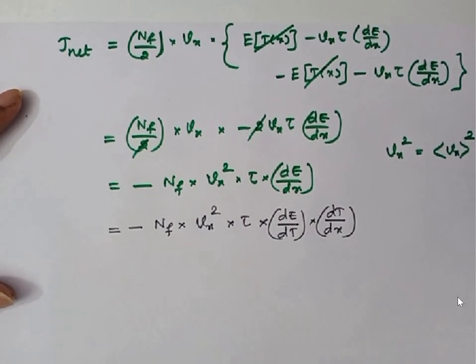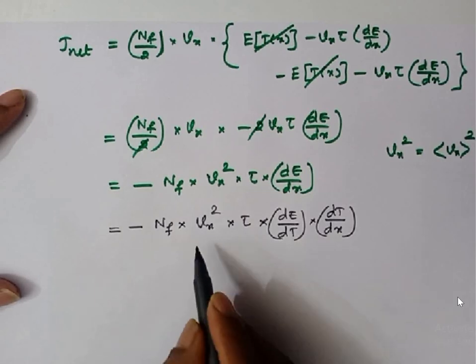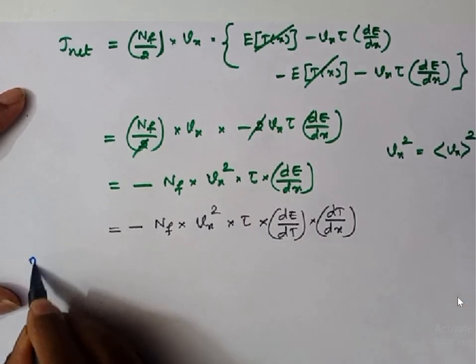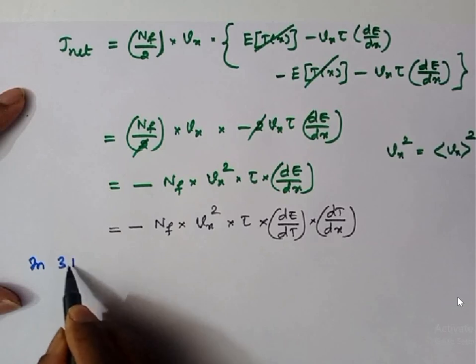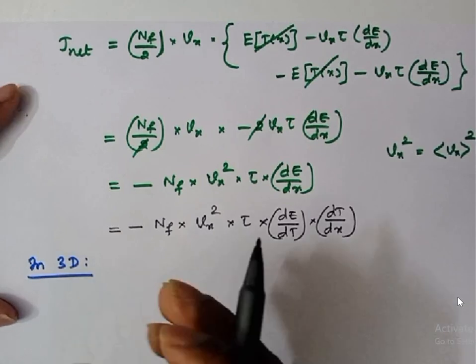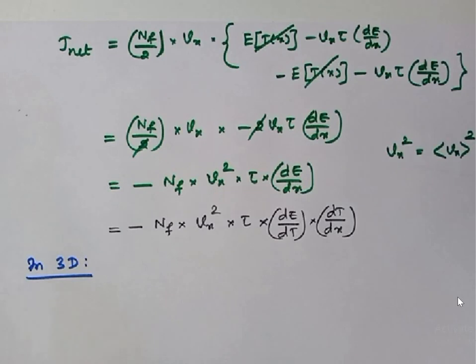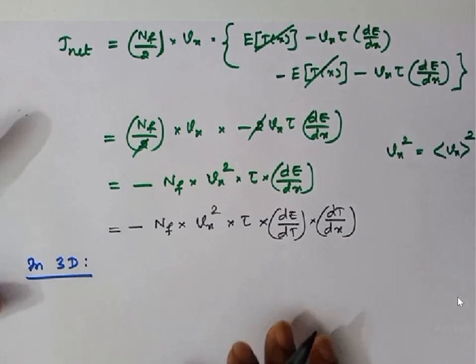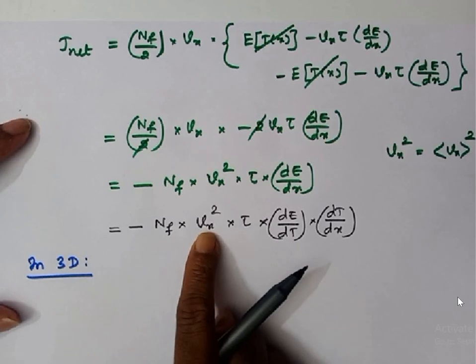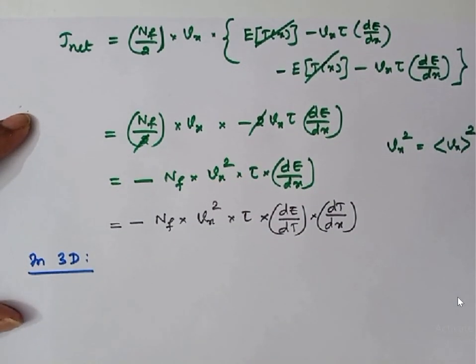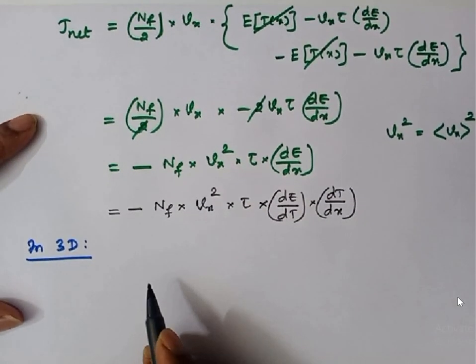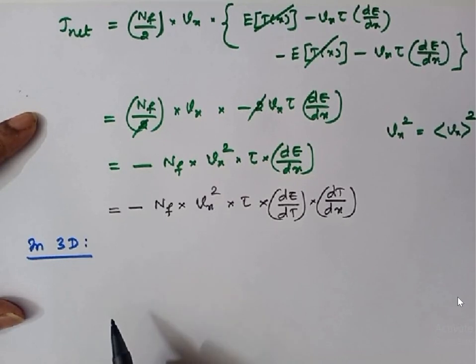Listen carefully. This is for one dimension. Real metallic crystals are 3 dimensional, so in 3 dimension we have to convert this velocity into 3 dimensional. So how to do that? Listen, in 3 dimension,